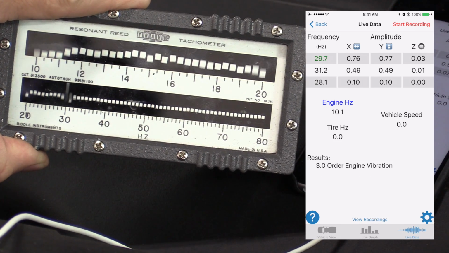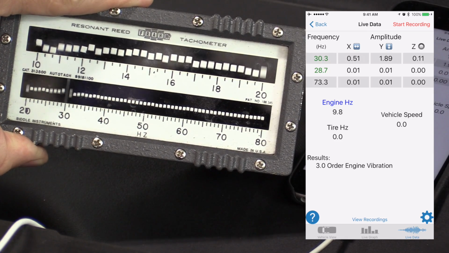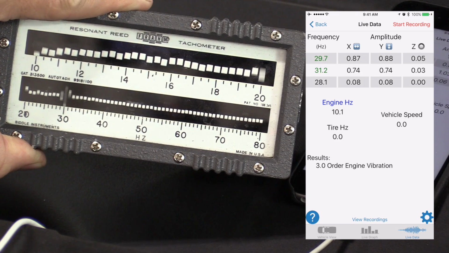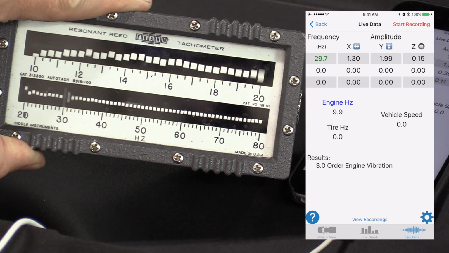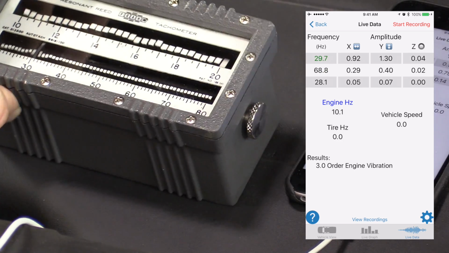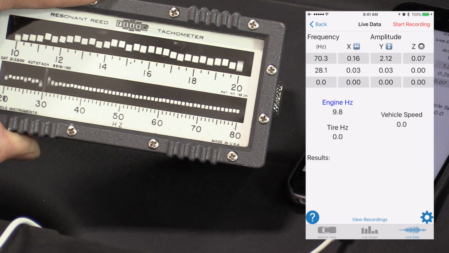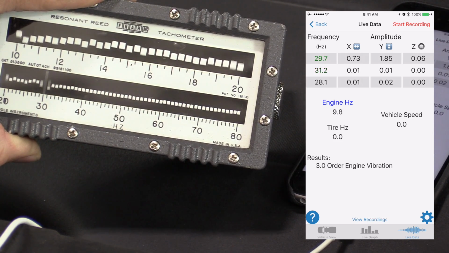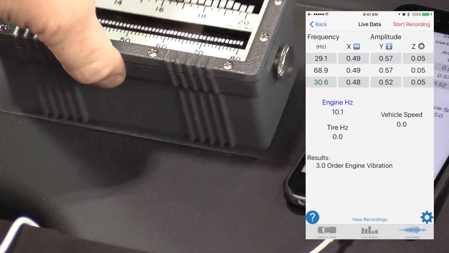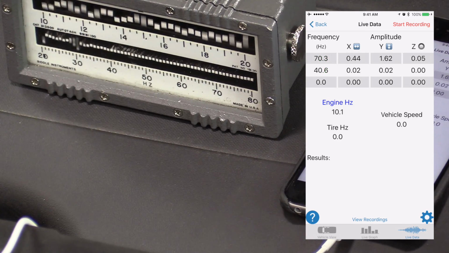So I want you to see the reed right here at 30 hertz is shaking really bad. So this old school vibration analyzer, or resonant reed tachometer, is telling us that we have a 30 hertz vibration. Obviously you can see on the NVH app screen that it's picking up a 29.7 hertz vibration also. When I had it laying here by itself without me touching it,